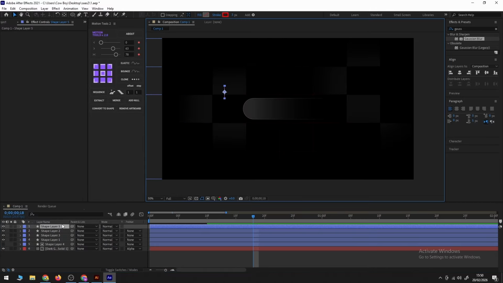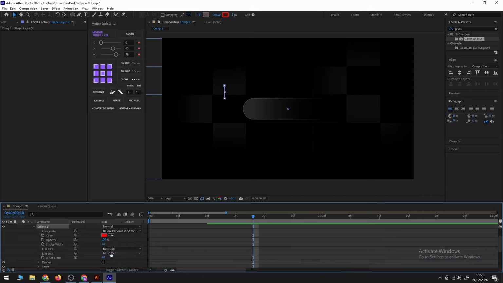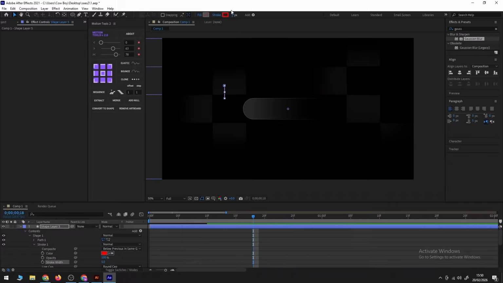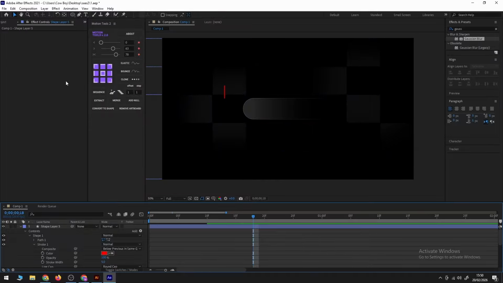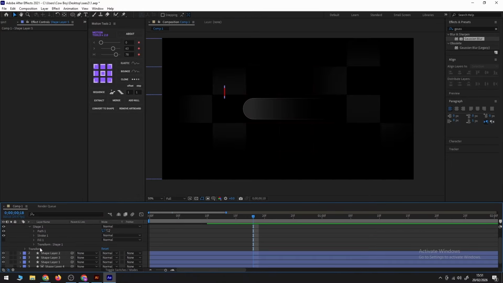After this, open this panel, go to content, shape, stroke, and now in the line cap select a round cap over here. After this, you can just increase the stroke to 5 and duplicate this shape layer, just like this. And now select the anchor point tool, anchor selection tool,